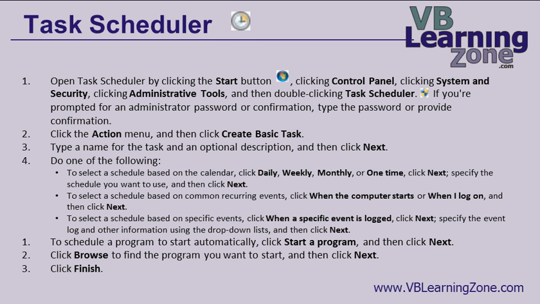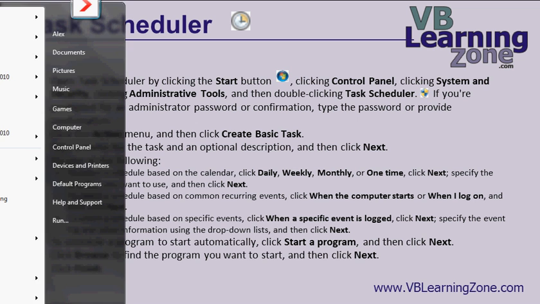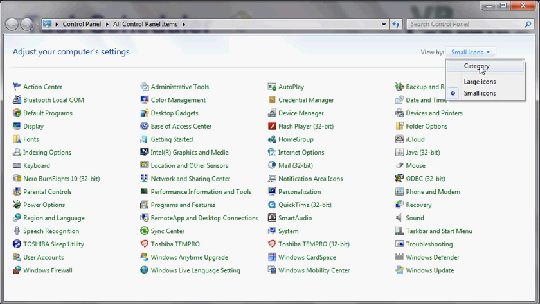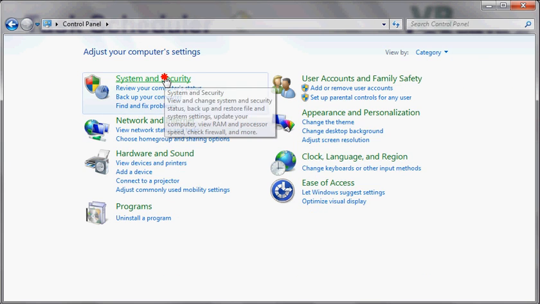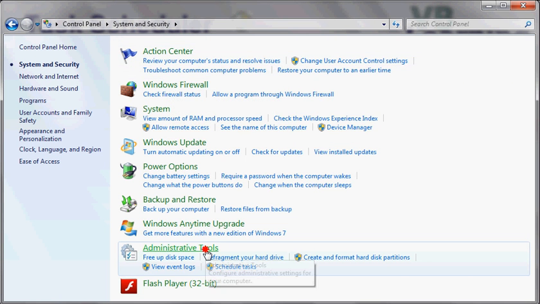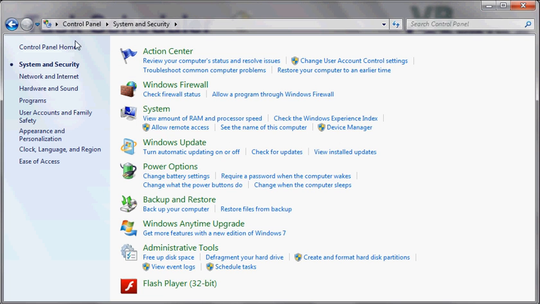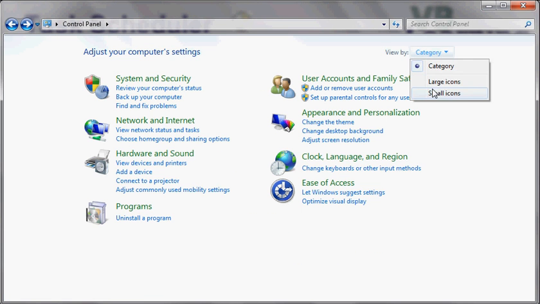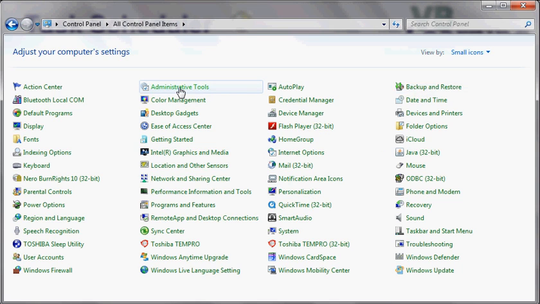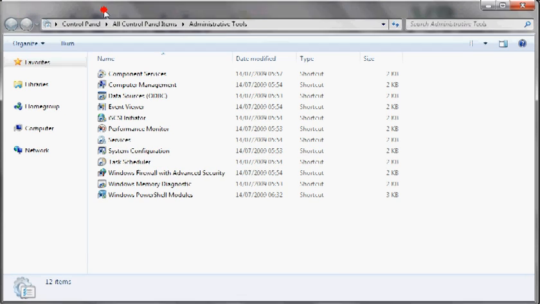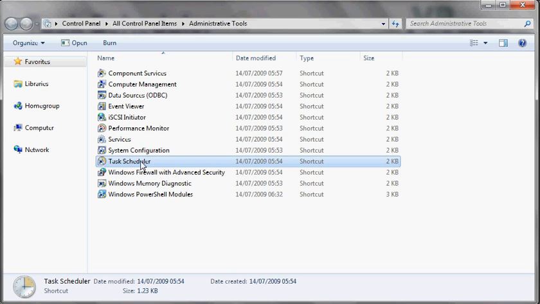So if we open up Control Panel, I'll go back to Category View. If we go to System and Security, Administrative Tools, we're in there. Another way of getting to that is in Small Icons and Administrative Tools. Now, in Administrative Tools, there is the Task Scheduler. If we open that up,